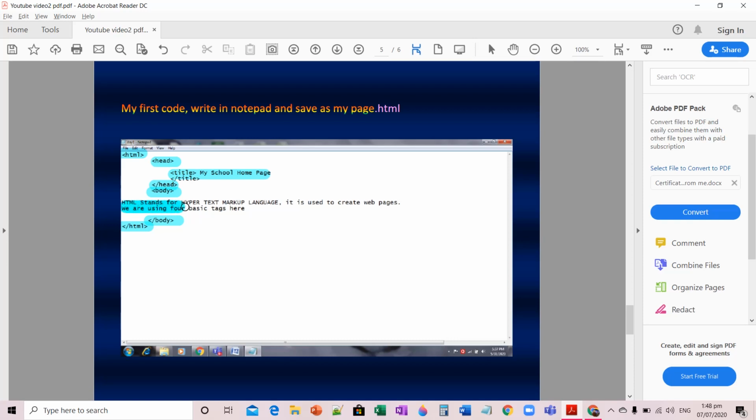So we are using 4 basic tags here: HTML, head, title, body.